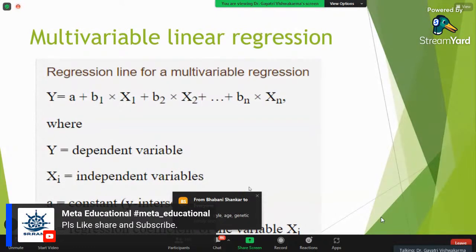Okay, yes, people are writing genetic, lifestyle, age, family, yes, any number of things you can collect, but it is suggested that instead of having quantity, you should have quality data. Always remember, because if you are collecting a lot of information here, what will happen?